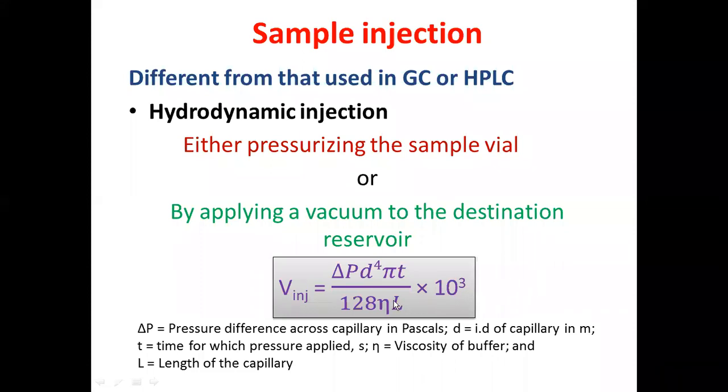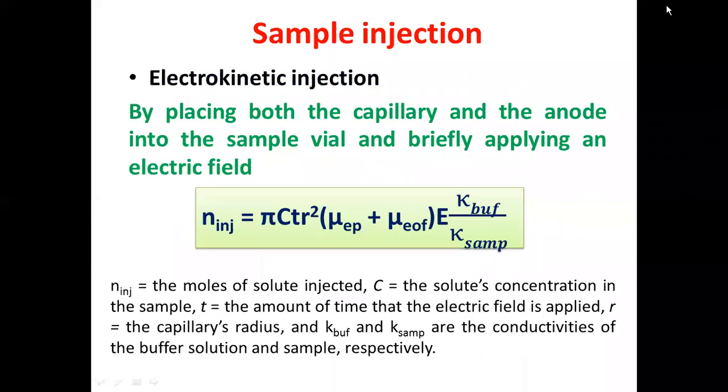So if you use a capillary tube with a larger ID, the volume of the sample introduced will also become more. And if you adjust the pressure to have a greater difference between the initial and the final pressure during the pressurization process, the volume of the sample introduced is going to increase. Overloading of the capillary is going to impair the resolution. You must be very careful. So this is how, in hydrodynamic injection, the volume of the sample introduced can be calculated.